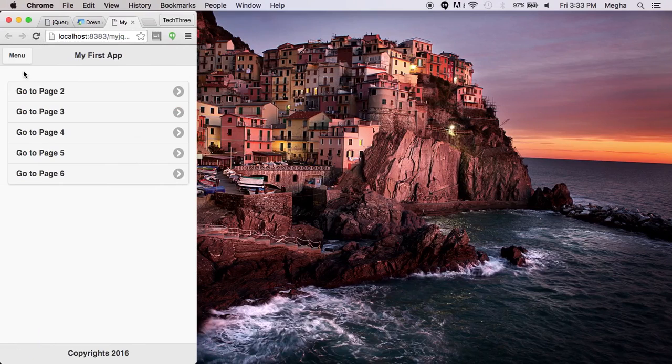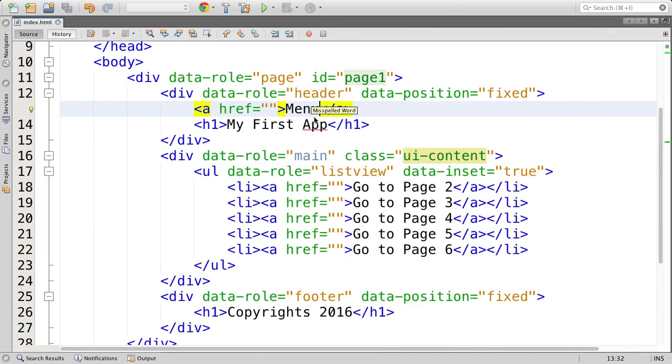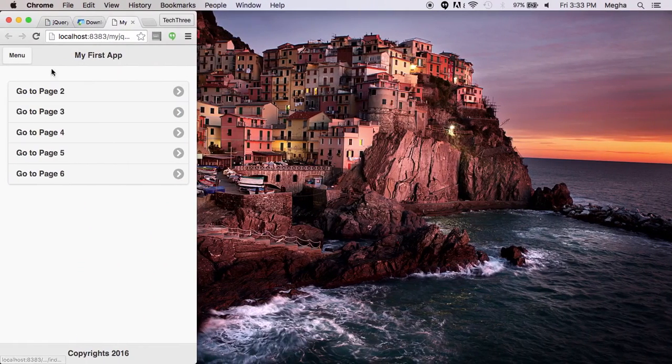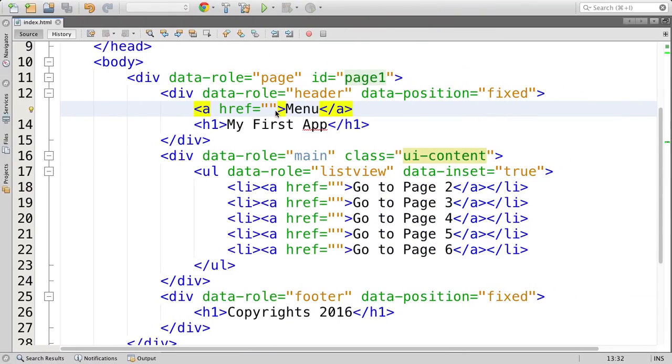The moment I put an href, it created a button. Remember, it's just an href tag. I didn't even specify any data role to start with, but automatically it added one at the extreme left, data role set to left by default, and it created a button for me, and of course ready to be clicked. And this can be further designed